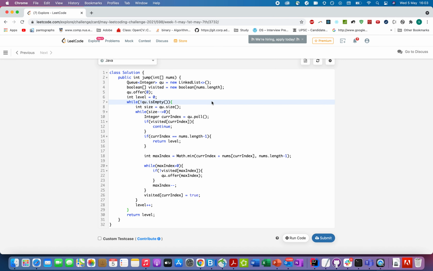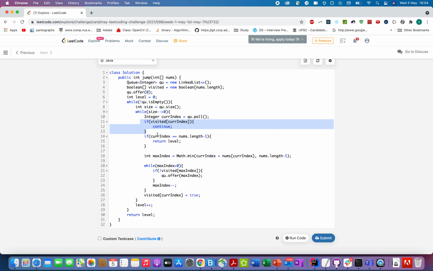The first code that I'll explain is the BFS approach, and here I have created a queue and another array that will help me identify what all elements or indexes have been visited in the past. I added the first index into the queue and initialize the level to 0. I start with a simple iteration over my queue and calculate the size of the queue, and till the time I'm still currently visiting one particular level, I pull out elements from the queue, check whether it has been visited in the past. If it has been visited, I'll continue and reject it.